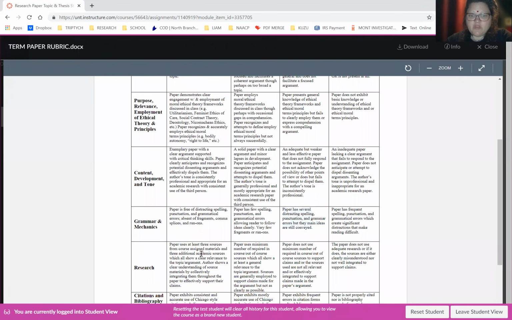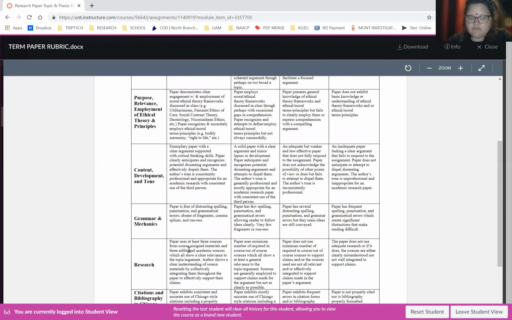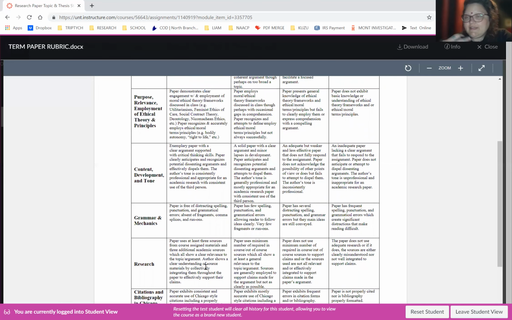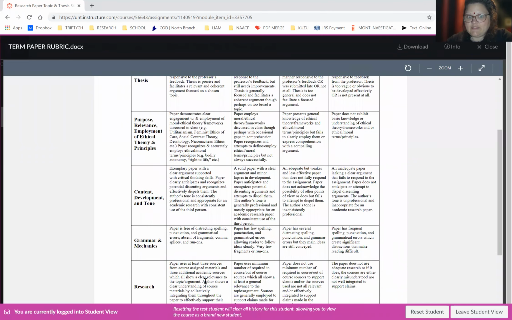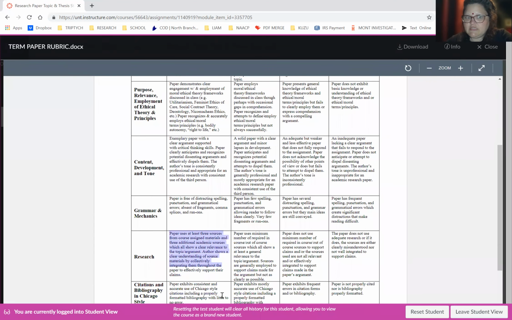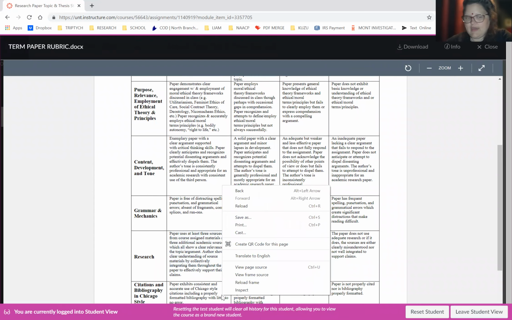And then research. 3 sources from material assigned in class, and at least 3 sources from outside of class. You can use more than that. You can use 5 sources from class. You still got to use 3 from outside of class, okay? These are the minimum that you have to use for each. And then you have a clear understanding of those sources and you employed them well. I would find it difficult for you to do that and not use theory well. So keep these things in mind. A lot of times these are going to reflect each other, but just for the sake of adding up the points here, we'll use the example of, let's say here, I give you a 4, okay?